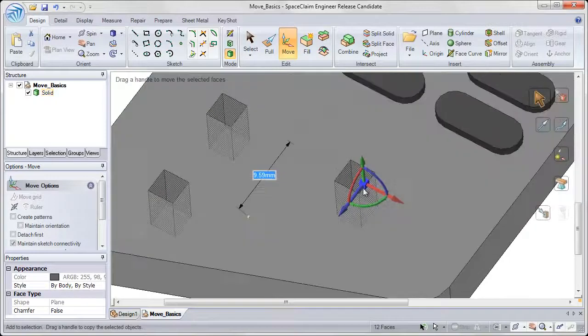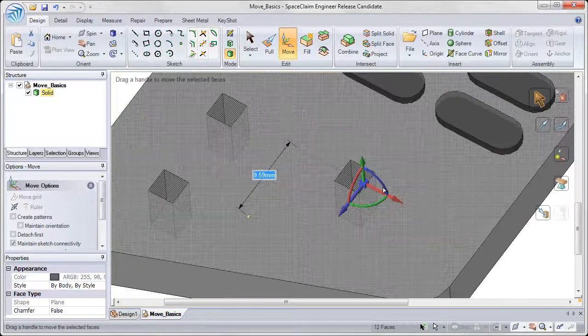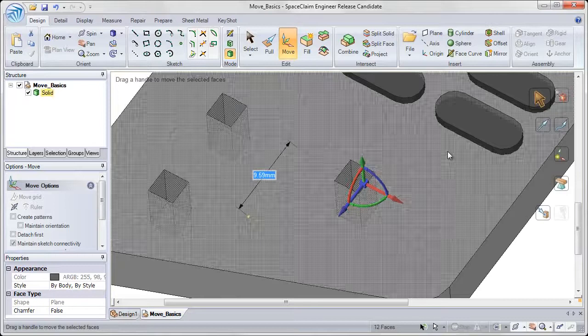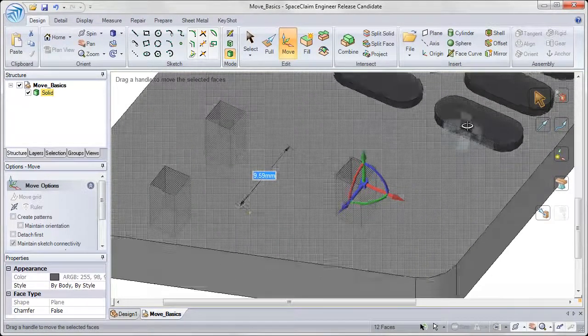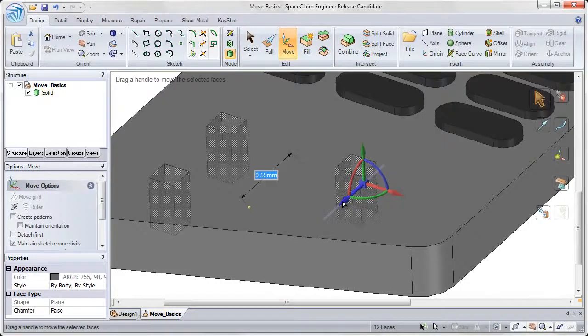And now I want to create a ruler dimension to make sure that this face is located a specific distance off of the front face of this button. So I'm going to click on the blue arrow with my left mouse button and choose the ruler tool guide from the mini tool guide that pops up. The ruler tool guide is also available from the move options on the left. And now I'm going to go ahead and select the front face of that button